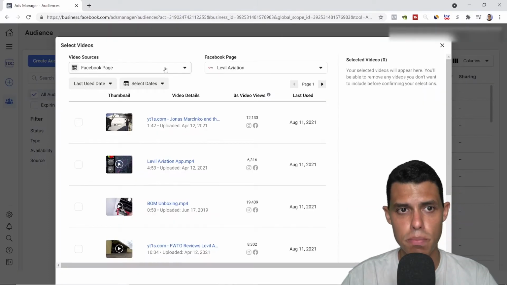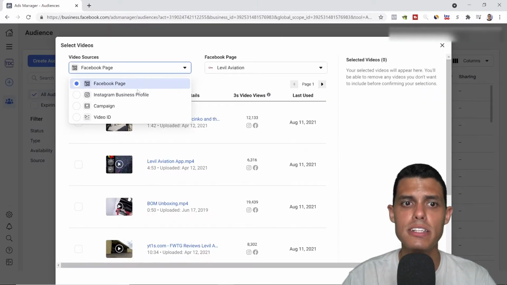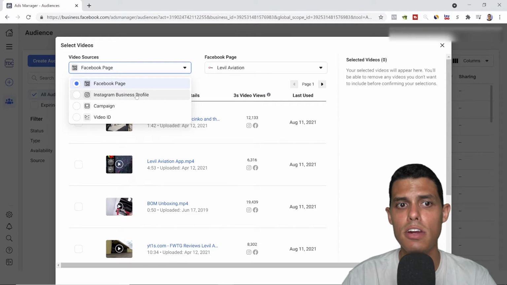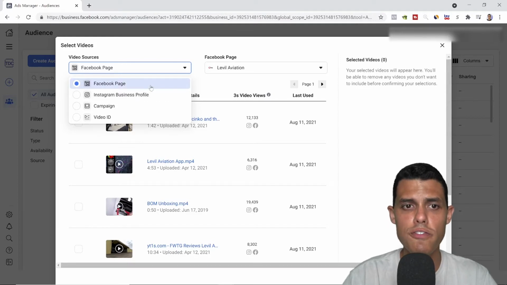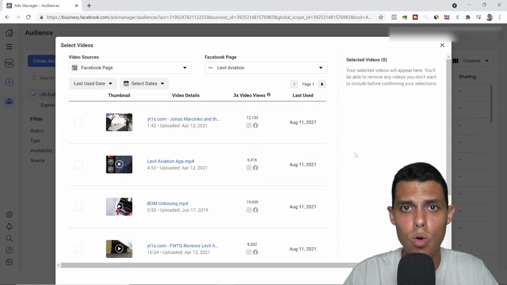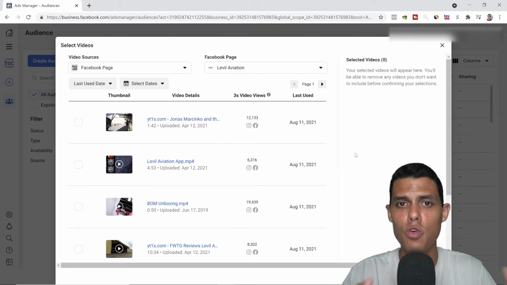So right here on top, from video sources, you can select Facebook page, Instagram business profile, campaign, or video ID. For us, we'll do Facebook page. However, if you're running a campaign on Instagram, you can also do Instagram. Then it's time to find your main call ad. Depending on how many posts you do on Facebook and Instagram, most likely you will be able to find it